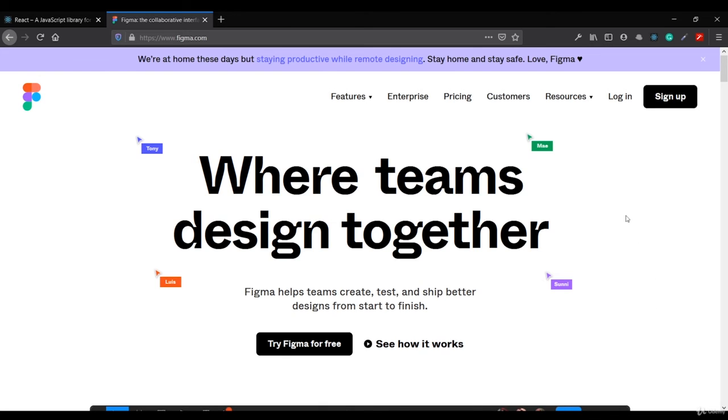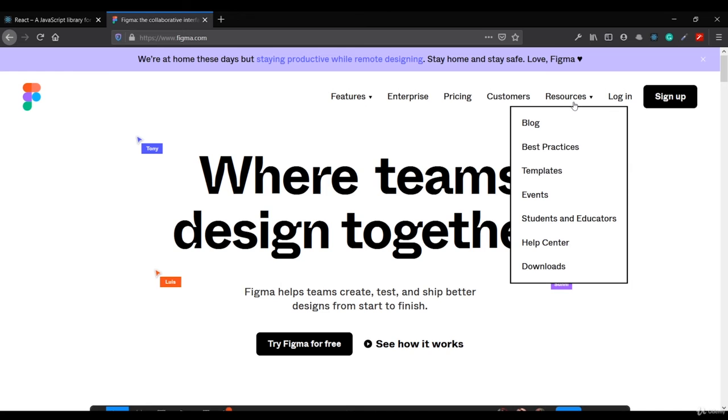Why we need wireframing is, before starting to build an app, we need to design what things and what functionalities we are going to add to our app. So we need to plan the things, right? Using this Figma, we can just draw the designs. We can plan how our website or the React app which we are going to build will look like. If you want to download it, let me show the pretty simple steps.